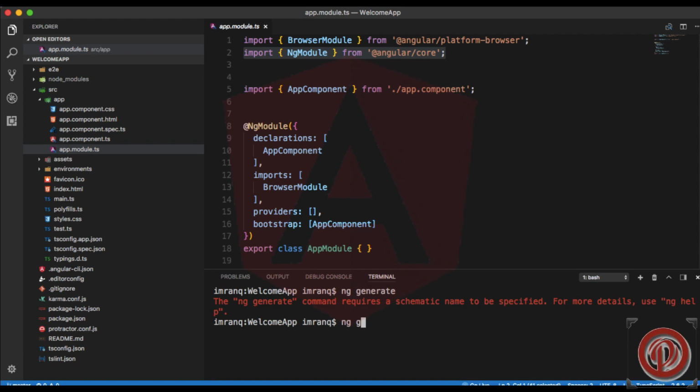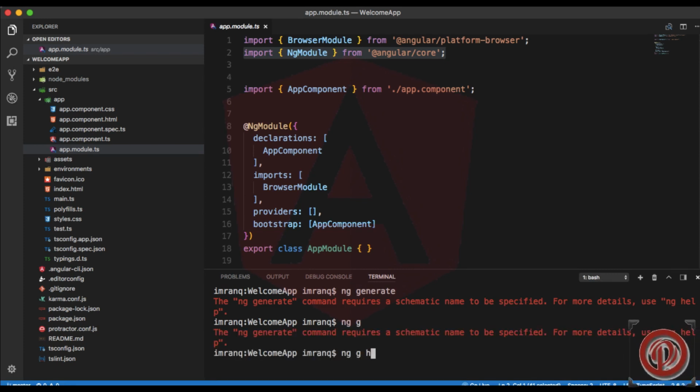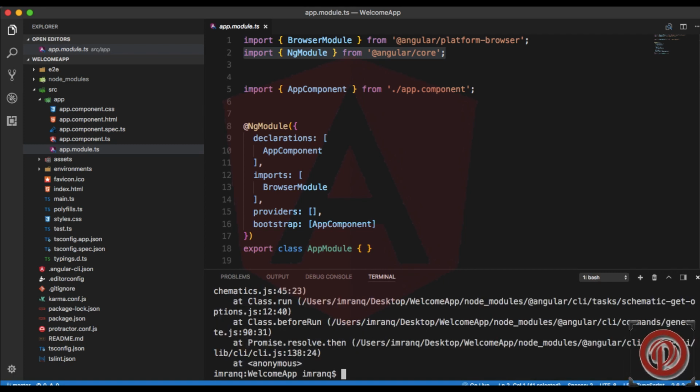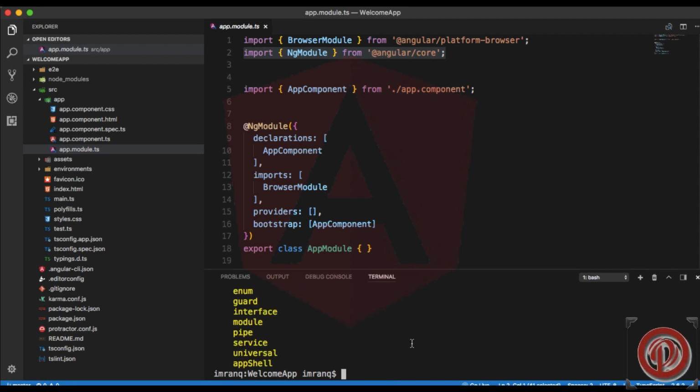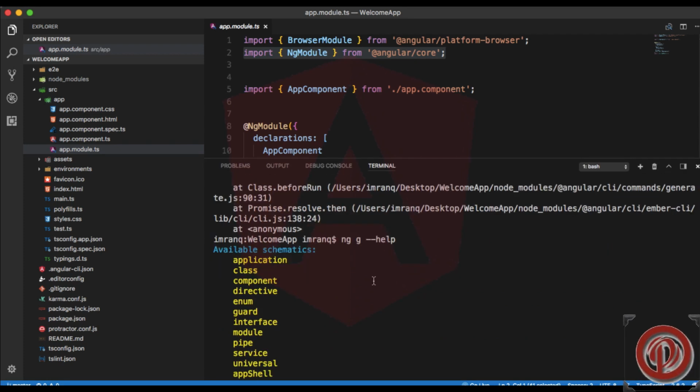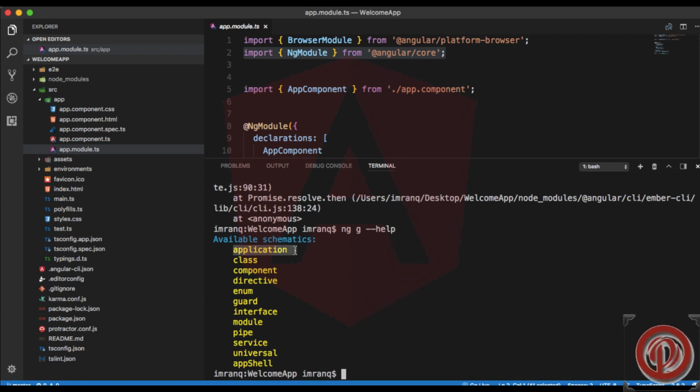Sorry, ng generate, ng help. Yeah, ng generate minus help, and it will show you that with the help of this ng generate command, you can create a new application, you can create a new class, component, directive, enum, guard, interface, module, pipe, service, universal